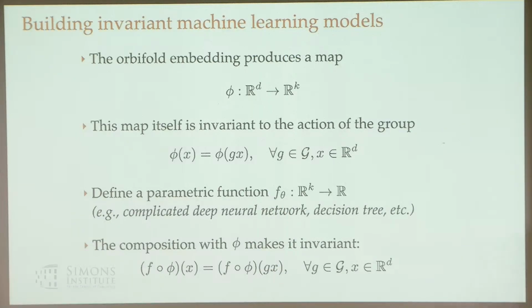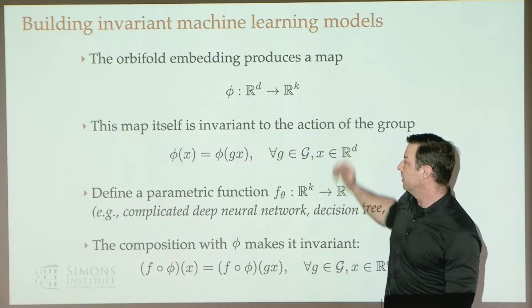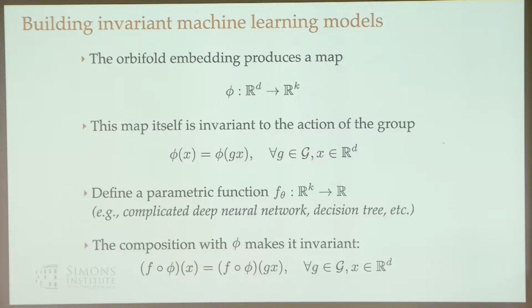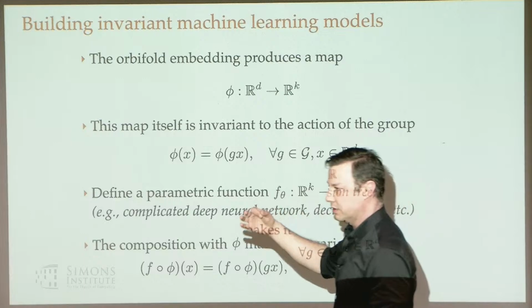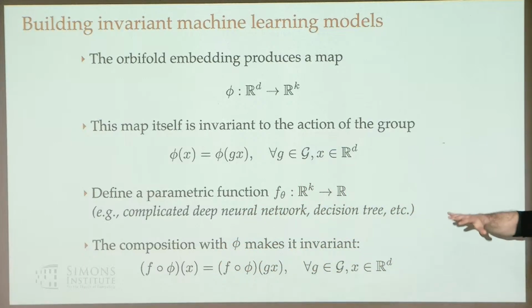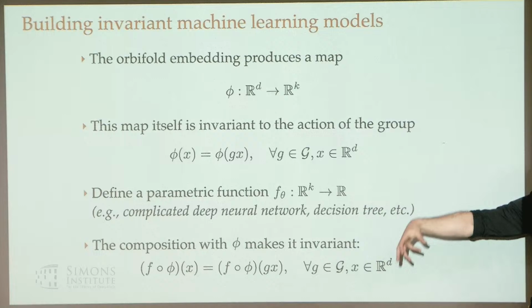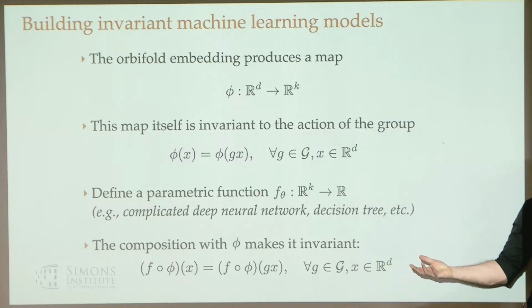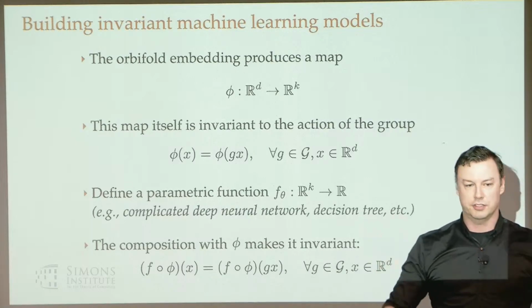So what we get then is this map from, say, R2 or R3 to this higher dimensional space that is itself invariant to the group action, and we call this a maximal invariant. The way to think about it is that every point in R2 on some orbit maps to the same point in this higher dimensional space. What this lets us do is define a neural network, or whatever you want, on that embedding space, and you compose your neural network with this orbifold map, and you get a function invariant to that group, because it's a function of this embedding space. So it's like the circle trick, but with some more complicated object.